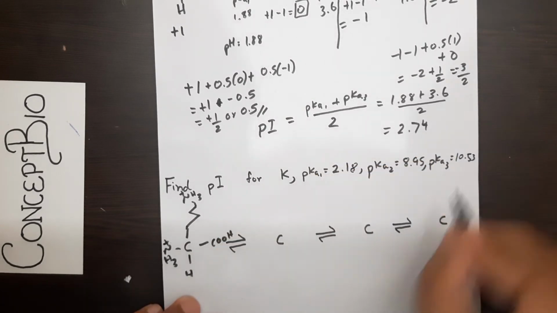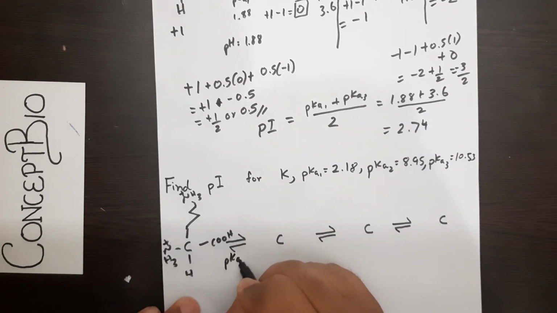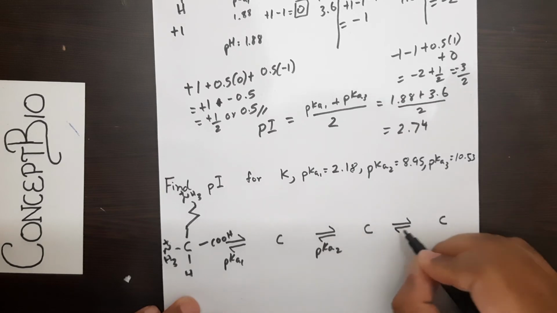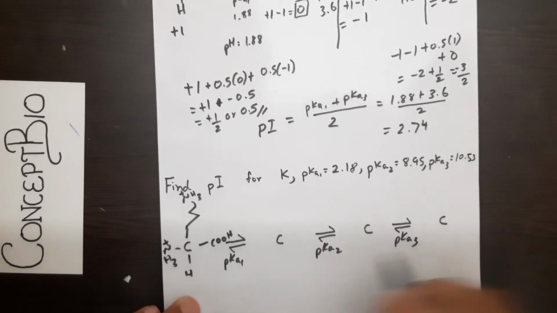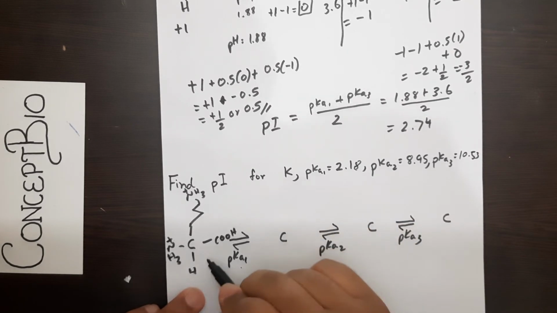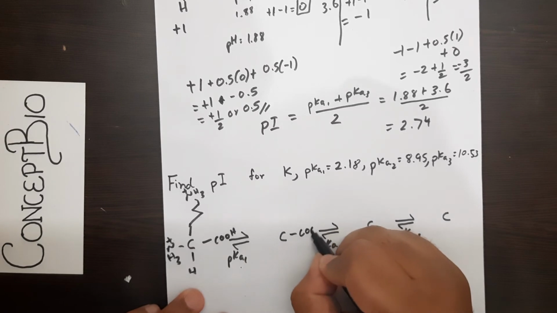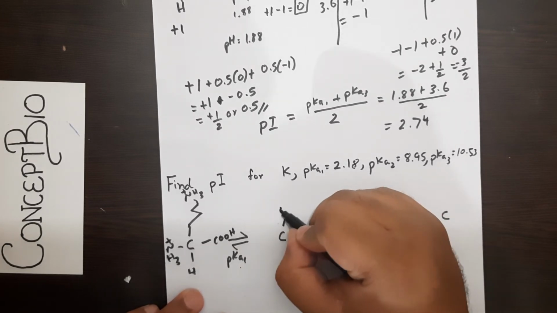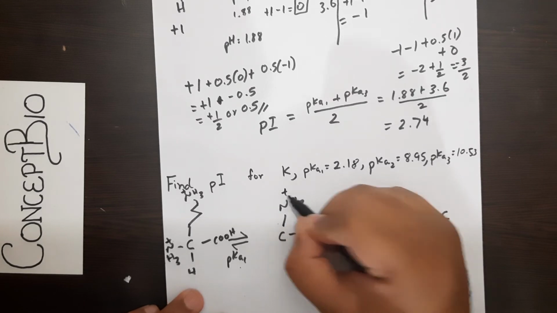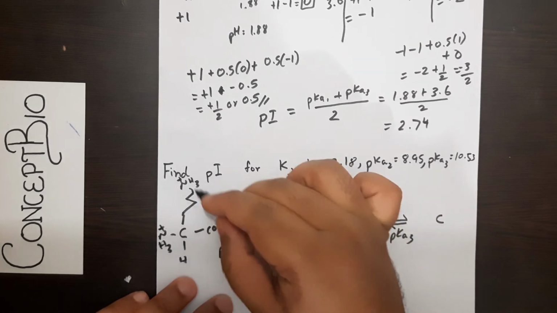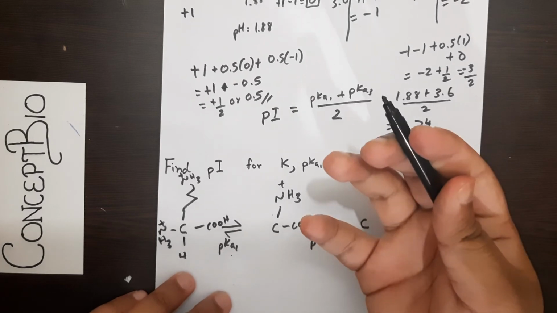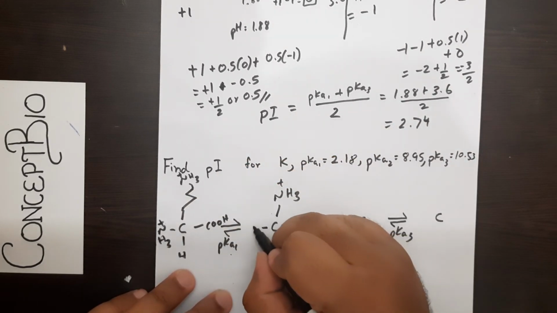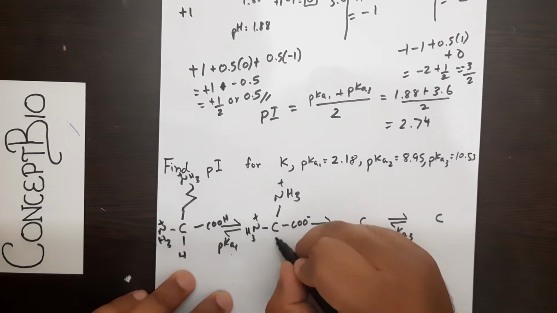I'll do that in my next step. First I'll just arrange all the pKa values: first pKa1, then pKa2, which is lower than pKa3. So now what will happen? First, if you cross pKa1, the COO terminal gets deprotonated, the others stay the same. See, look over here. I can just directly write this as NH3+. Why? Because this can all reduce down to NH3+. That's all we are looking at. We don't care about the carbon bonds in between. And then NH3+ remains the same over here, at the alpha carbon, and here.